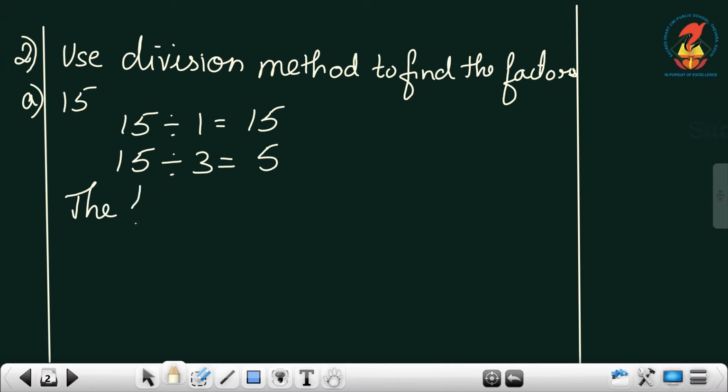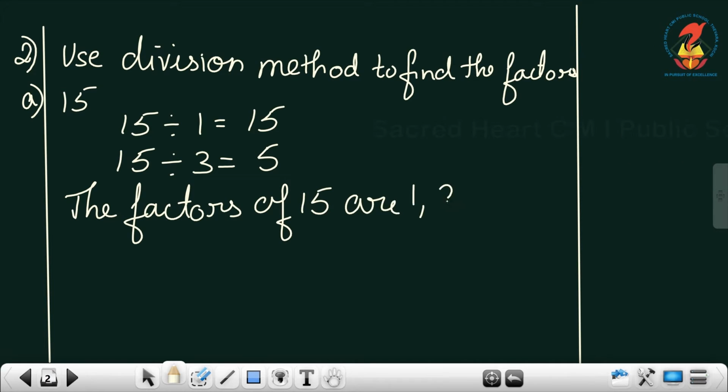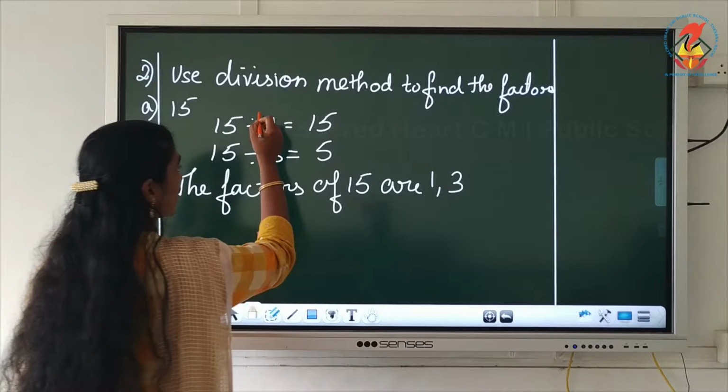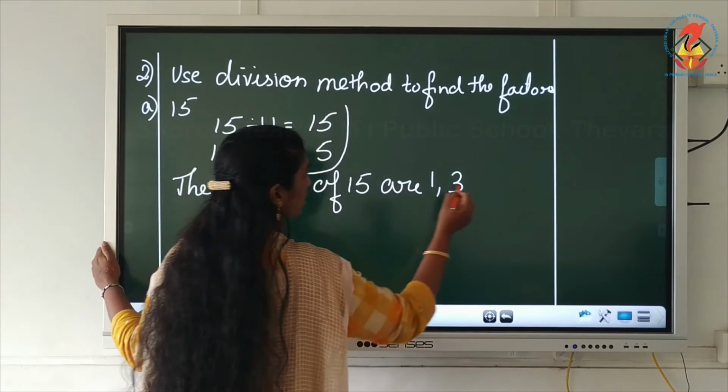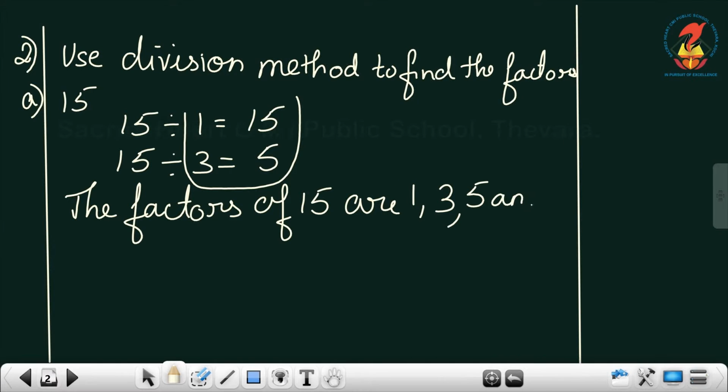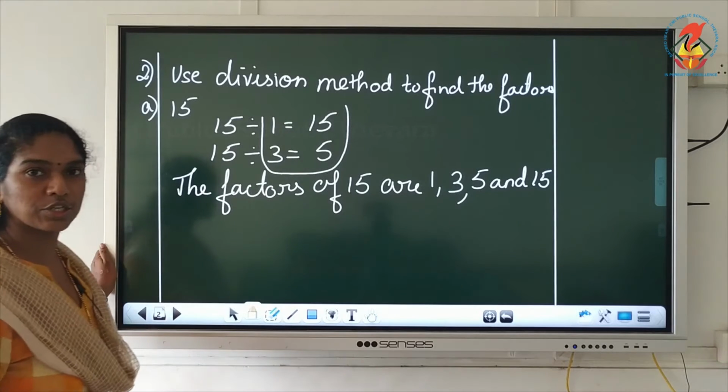So, we'll write the factors of 15 are 1, 3. Here you will start from here in this order. Children, see 1, 3, 5, 15. Okay, understood? Now,